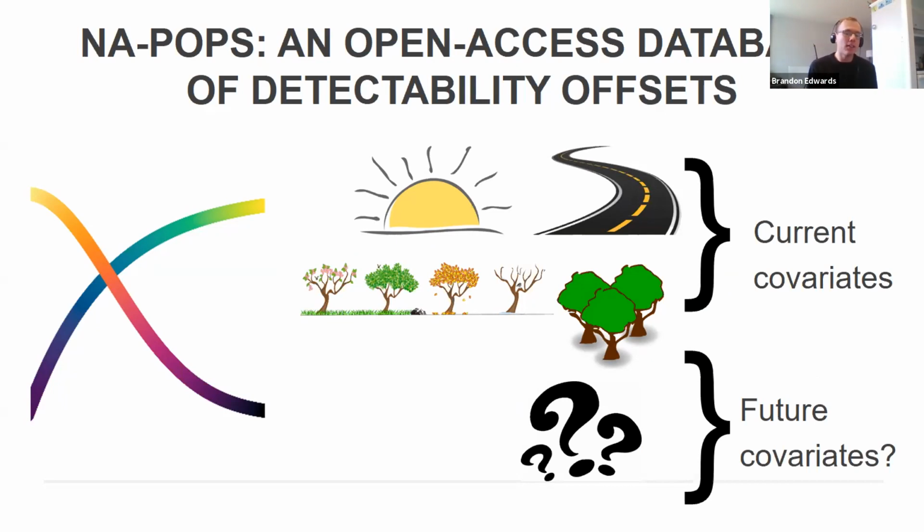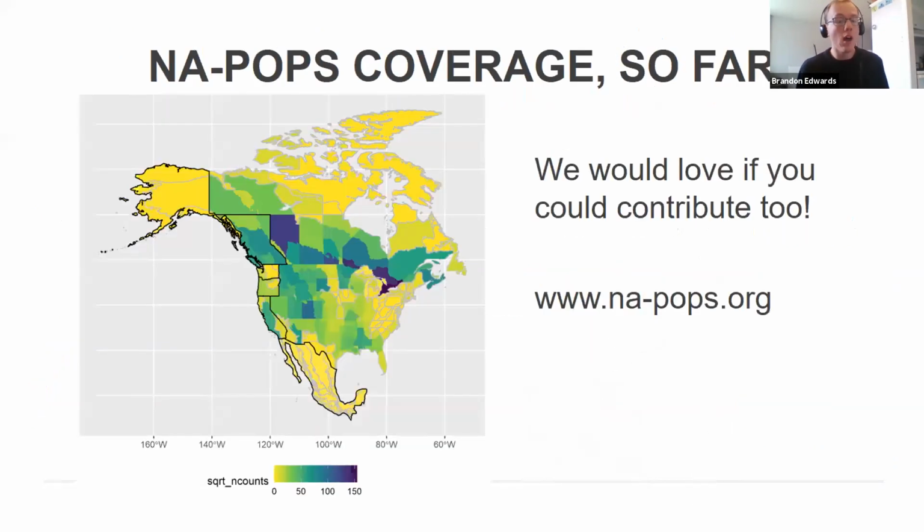Now, with that being said, this is very much an ongoing living project with room for future improvements. So as the research progresses, we could very well start considering different combinations of covariates and more sophisticated models to actually calculate P and Q. And then finally, when thinking about the spatial coverage of NA POPS so far, there are many places that NA POPS is covering well, and that's given by those darker shaded areas on this map. But there are also many areas where there are gaps.